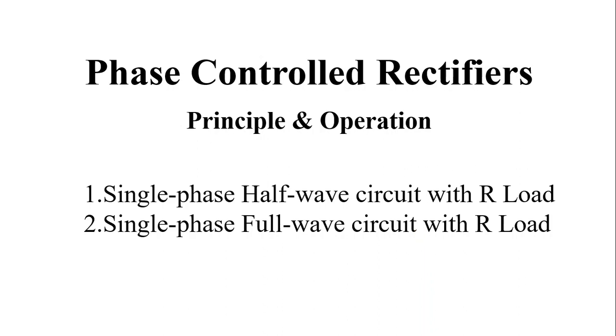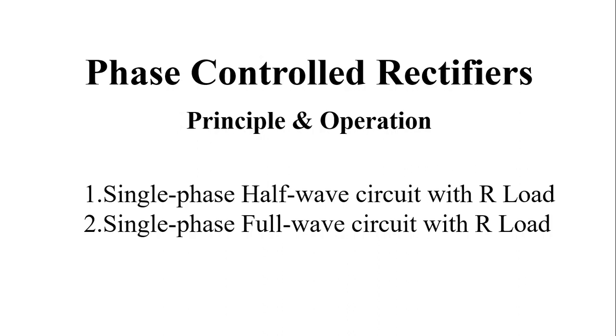Good morning, all. Today we are going to see phase controlled rectifiers principle and operation. We know that the core use of the rectifier is to convert AC current into DC current. The rectifiers consist of semiconductor diodes and thyristors to do this function. There are various types of rectifiers, namely half wave, full wave, and full bridge, with different types of loads like R load, L load, and RL load and RLE loads.